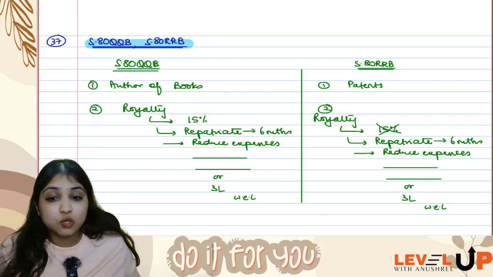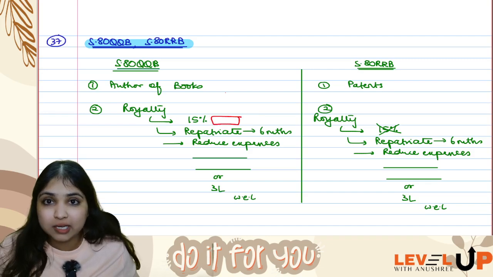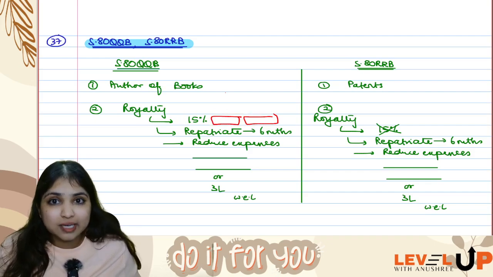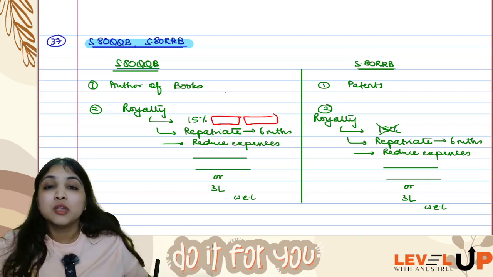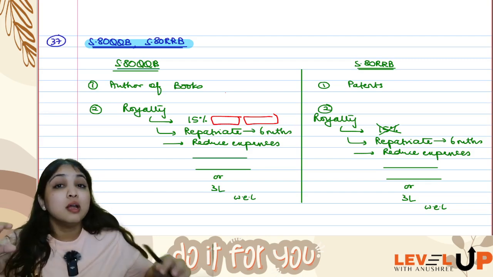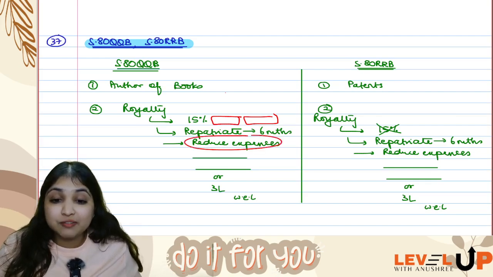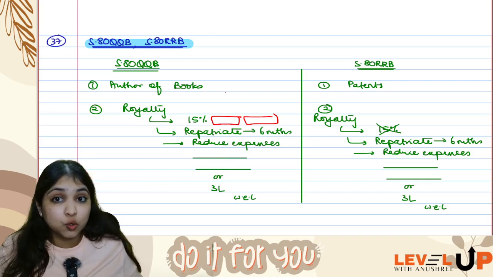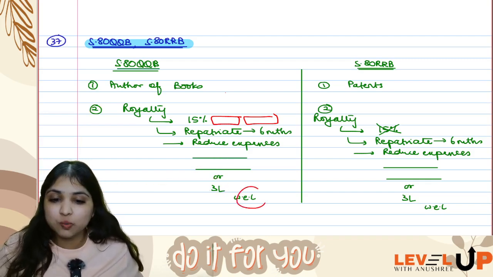Okay. So at this stage, you will either have lump sum royalty or percentage royalty, maximum 15%. Now that royalty, if it is earned from outside India, you have to ensure it is repatriated to India within 6 months from the end of the year. Then out of that royalty, you will subtract whatever expenses you have incurred. This net number is what you will get as a deduction under 80QQB, this number or 3 lakhs, whichever is lesser.